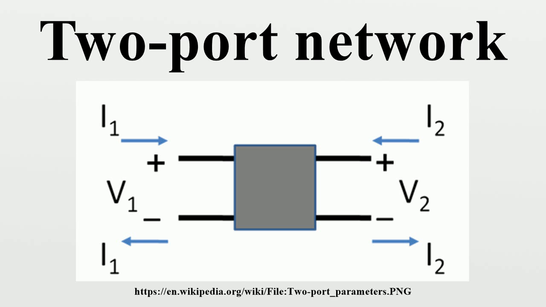A network is said to be reciprocal if the voltage appearing at port 2 due to a current applied at port 1 is the same as the voltage appearing at port 1 when the same current is applied to port 2. Exchanging voltage and current results in an equivalent definition of reciprocity. A network that consists entirely of linear passive components is usually reciprocal, a notable exception being passive circulators and isolators that contain magnetized materials. In general, it will not be reciprocal if it contains active components such as generators or